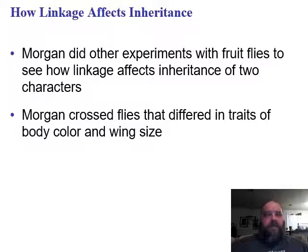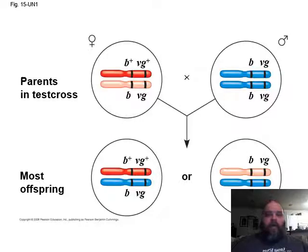He noticed that certain wild type phenotypes, certain mutant phenotypes just seem to be passed on together. Where one went, the other went. Peanut butter and jelly, they just seem to go together. A great example of this is black body and vestigial wing. Remember I told you one of the mutations that Morgan talked about in his research was black bodies. What does that mean? Well,